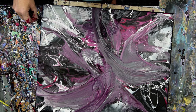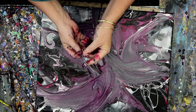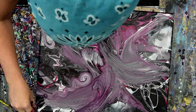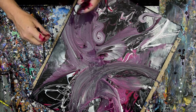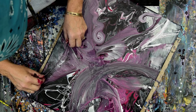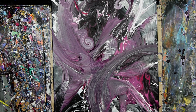Dragging some of these out so they don't stand out quite so thoroughly. I think I like that a lot more than I was expecting to. There's a lot going on in there, and there's not very many colors doing it, so that's saying something, I guess. And I did have a minute where I hated it, and I bet I wasn't alone either. The only thing I can think of now that I might want to do is put some black in there, but for right at the moment,